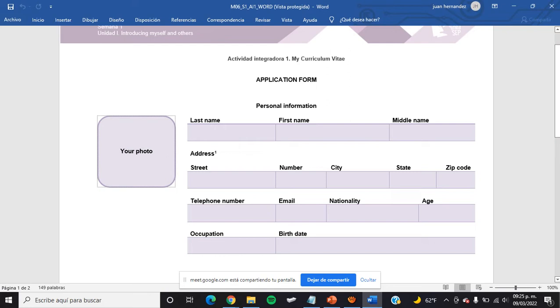It's important that you add your photo because when I read the information, I'm going to look at whether you write it correctly. In this case, last name, your first name, your middle name. If you don't have a middle name, don't worry. Okay, no worries. The street. In this case, if you live on an avenue, you change the information because you live on an avenue. You don't write street, you write avenue.